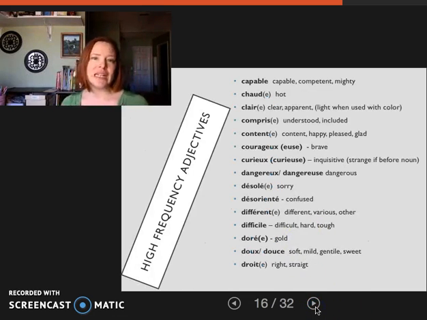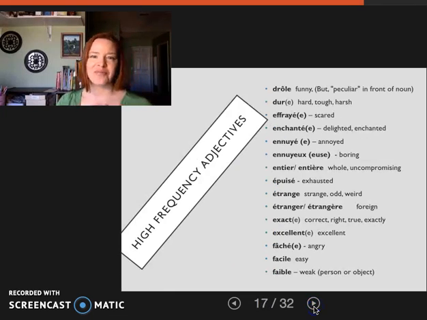Other adjectives that I really like, curieux, désorienté, very facile, difficile, doux and douce. My daughter has a doudou, a soft, and we'll go in public and she'll be like, oh no, I lost my doudou, and everybody turns around like she lost her poop. So I enjoy doudou because it just makes people look at us funny. Drôle, very useful. If you say drôle de fille, though, you're talking about an odd girl.